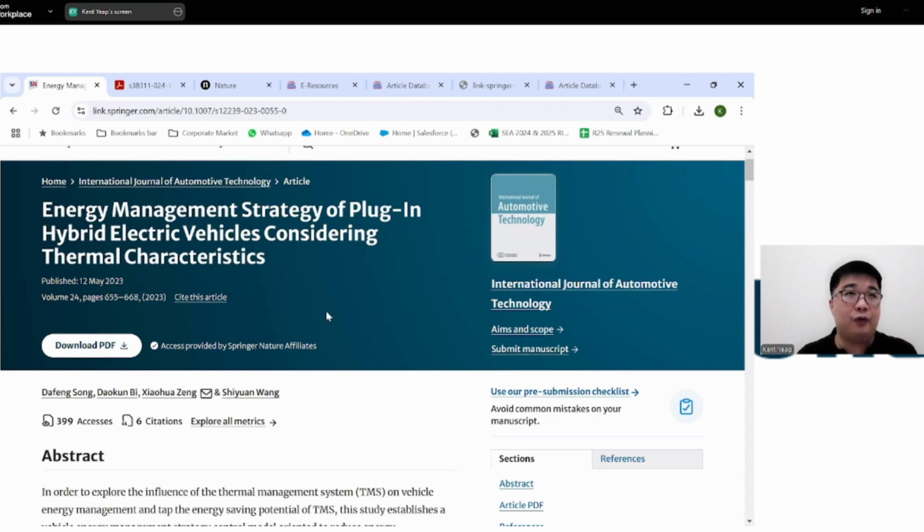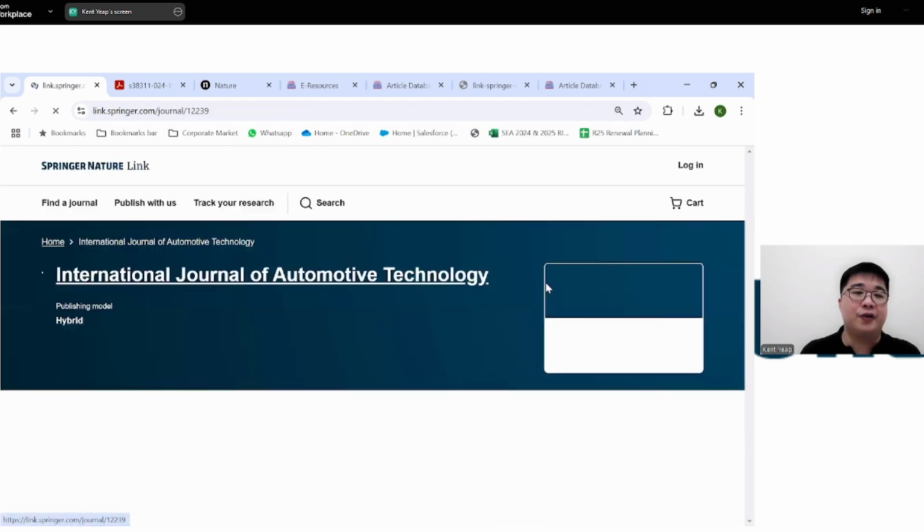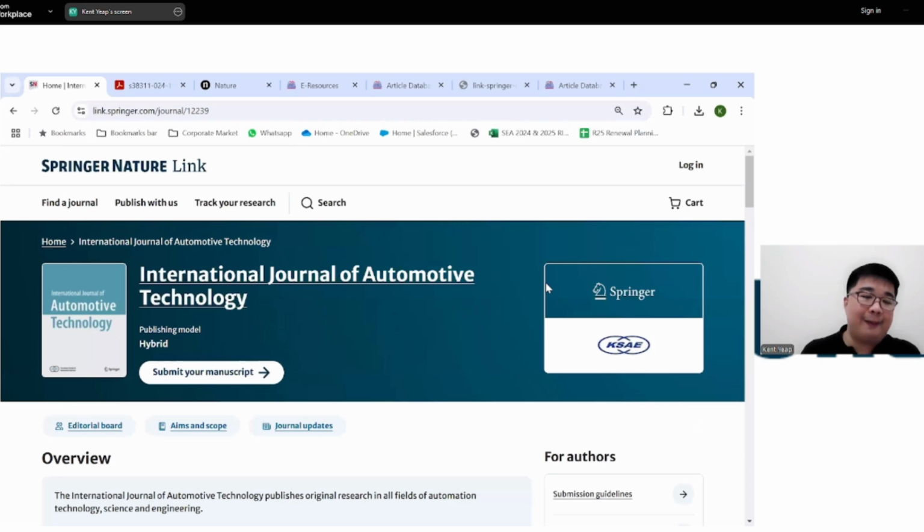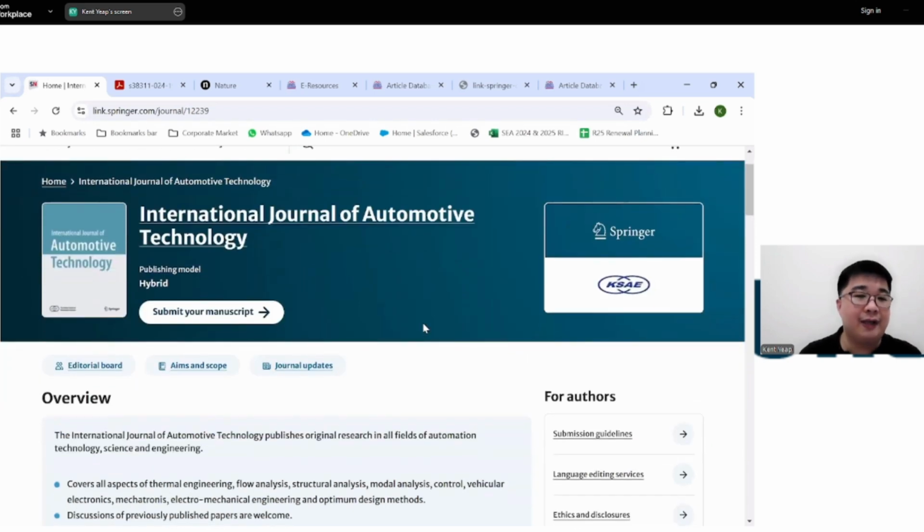You've seen some of the features on the homepage. I've showed you how to do certain searches, how to play around with the keywords and then do the filtering. You've now seen an example of a journal article. I want to now take you to the journal's homepage to give you a sense. So in a way, now we're taking a half step back. We're not going back to the search page, the results page that I came here from in the first place, but I'm going to the journal's homepage.